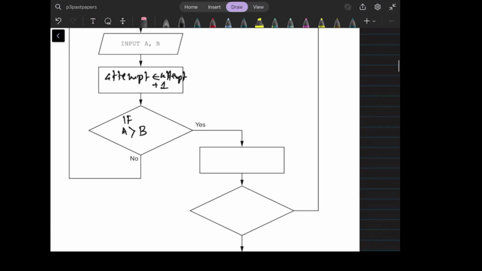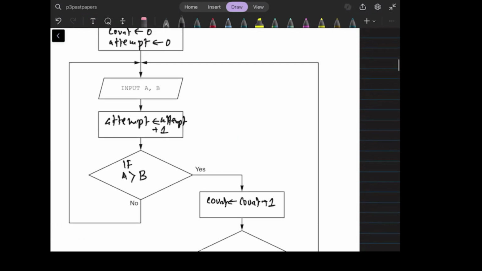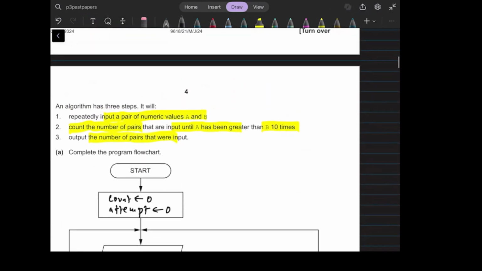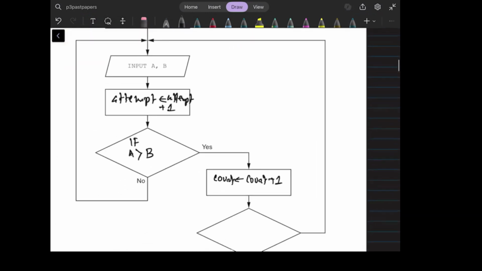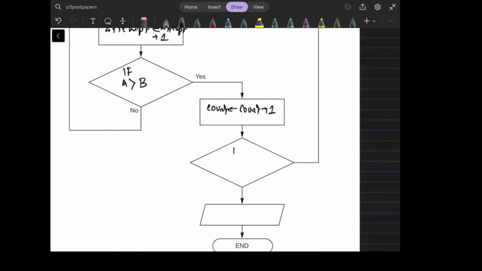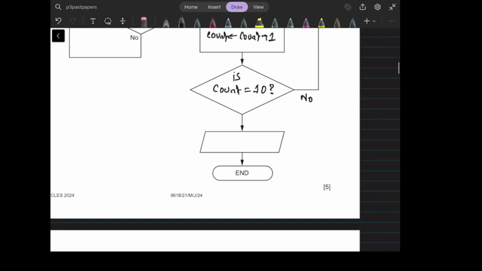If it is yes, then the next thing is, here we are going to now count. Count is count plus 1. Now if it is yes, now the second condition is that it must be greater than, until a is greater than b 10 times. It means you need to check, is count equal to 10. If it is no, then it will go back and will ask again. And if it is yes,